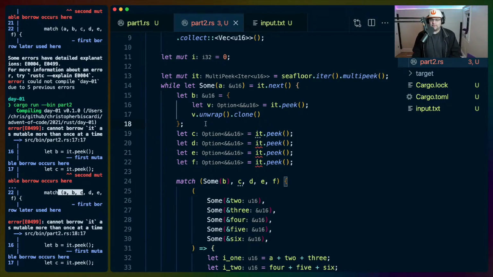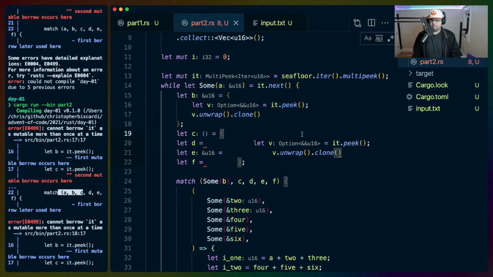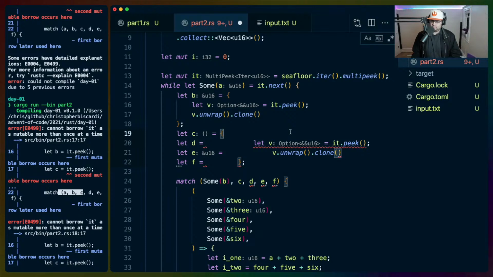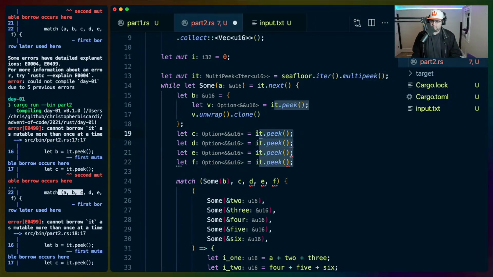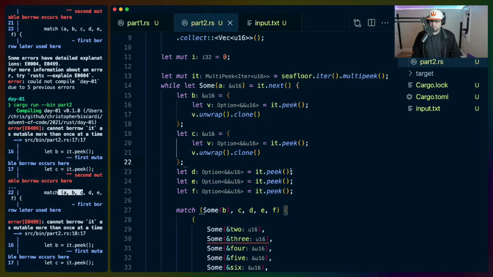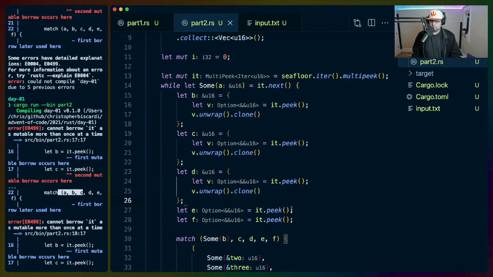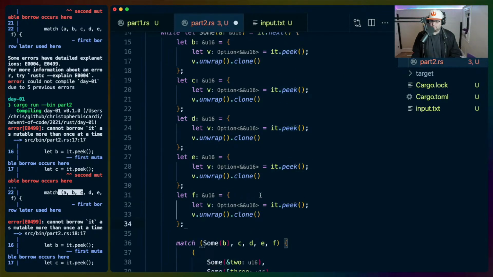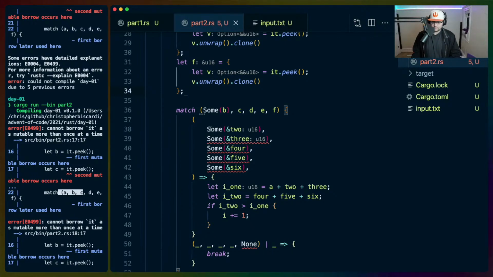I'm going to fix it in this extremely hacky way and then come back later. Wow, that was awful. Actually, that might not fix it.